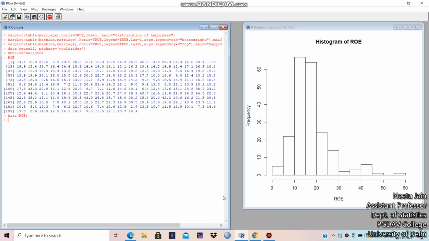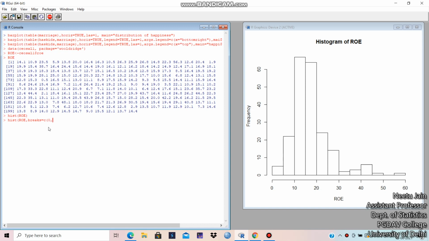Now we can also draw the histogram with breaks, manual breaks. So what is the command for that? The command would be hist, the variable name ROE, and let's give the breaks. Breaks we take as the vector.